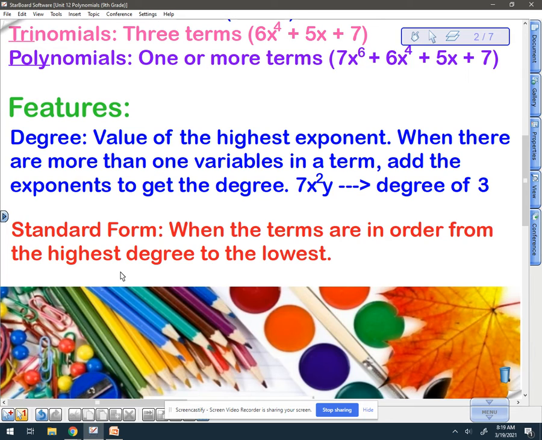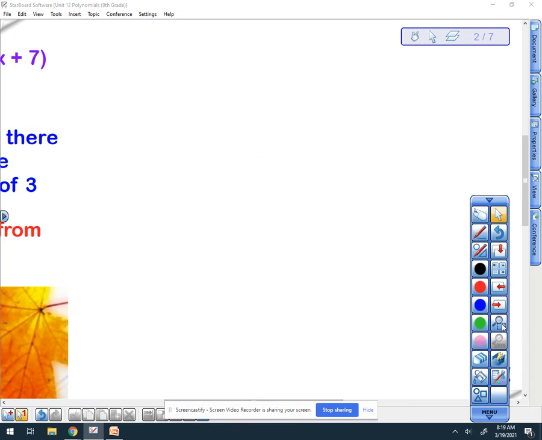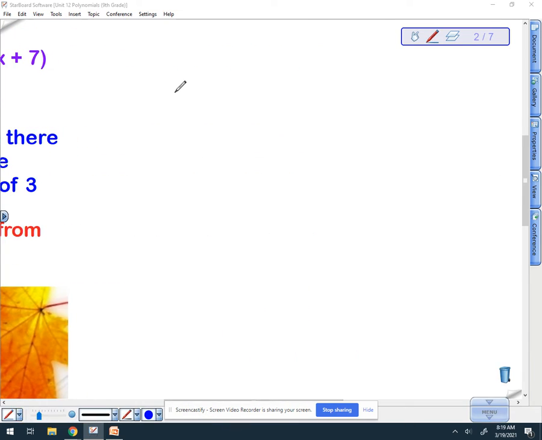So you already know how to find a degree. Now all you do is put them in order from the biggest to the lowest. So pause the video, write that down, and then we'll do some examples over here. Same thing you were just doing. Let's say you have